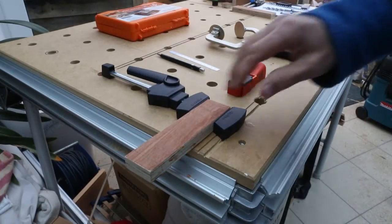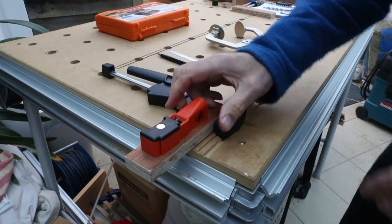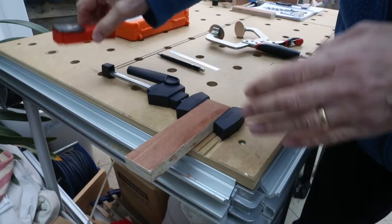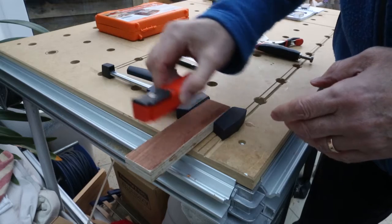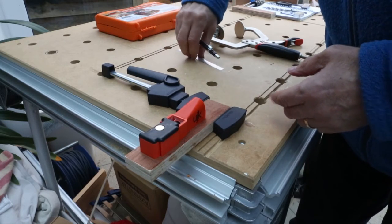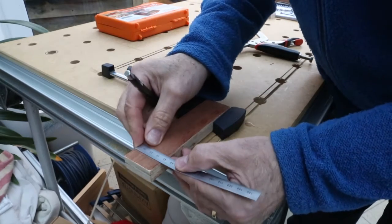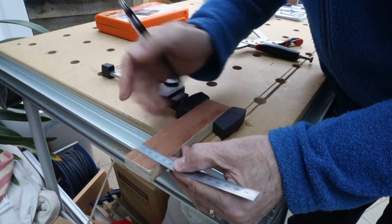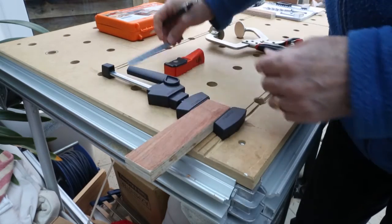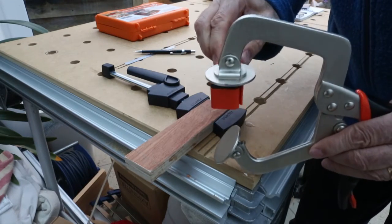We have our project clamped to the bench. We're going to want the jig in the centre. Now if you've got a long piece of wood here, and you're putting multiple holes in, you need to know where you want them, and it's nice to have them regular, at least I think it is. So what I normally do is just mark the centre of the jig, or where we want the centre of the jig. This piece of wood is 40mm wide, so I'm just going to put in a mark at 20mm, and here's the clamp. The jig sticks to the clamp,